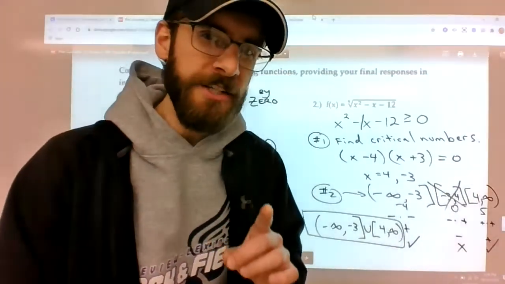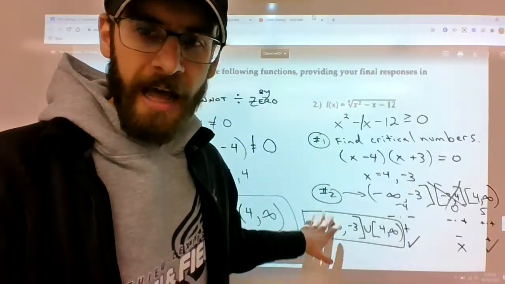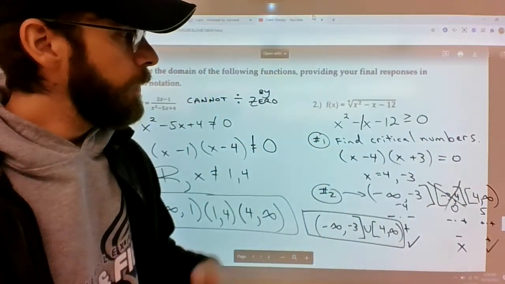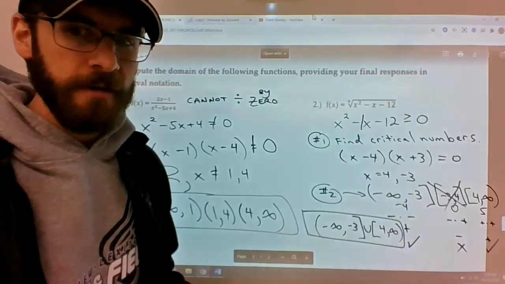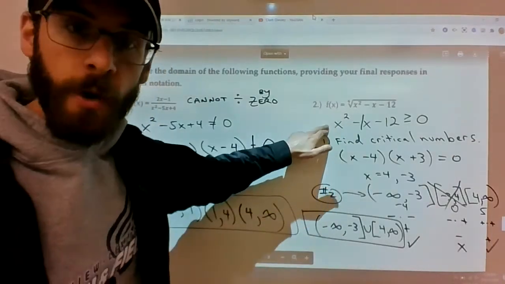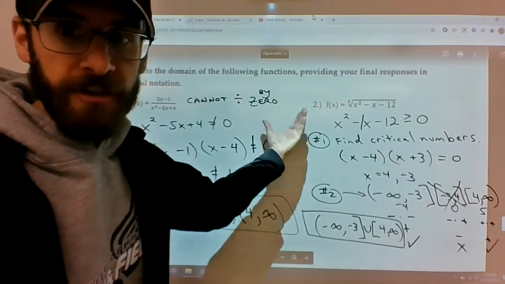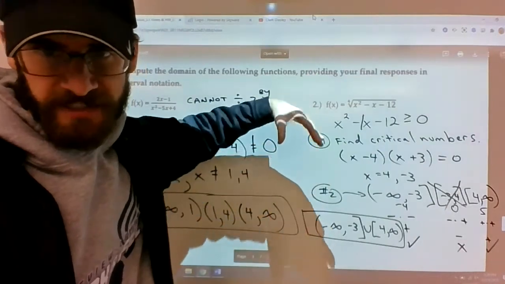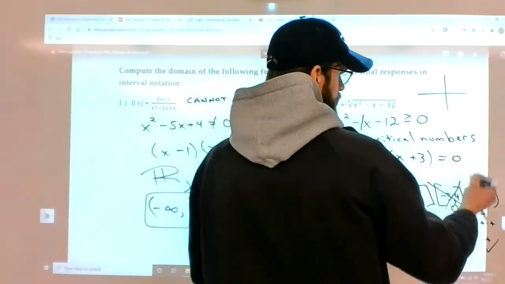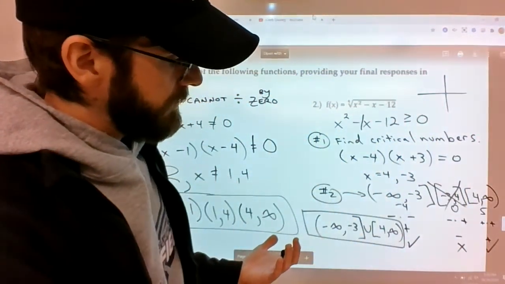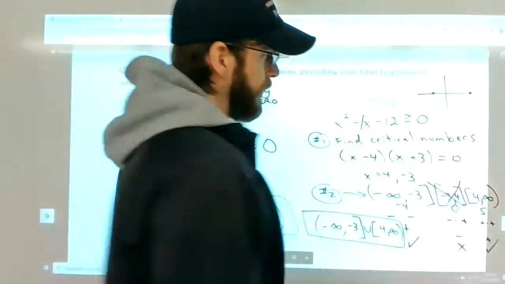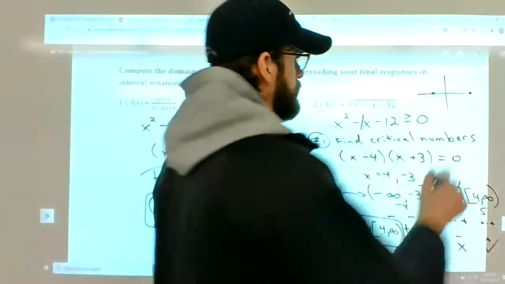Keep in mind too, that's the algebraic approach to everything. There's another way of thinking about it. Think about the graph of x squared minus x minus 12. You guys know what parabolas look like now. They're either a U-shape opening upward or opening downward. This one clearly opens upward. So if I can determine where the zeros are, negative 3 and 4, and I know it's opening upward,